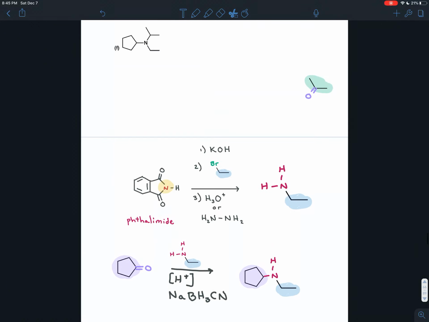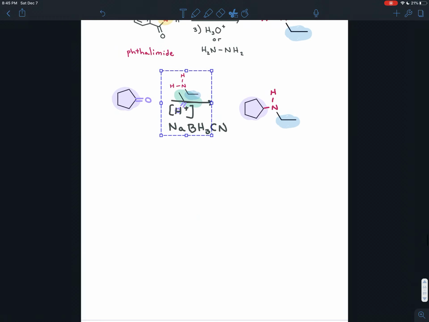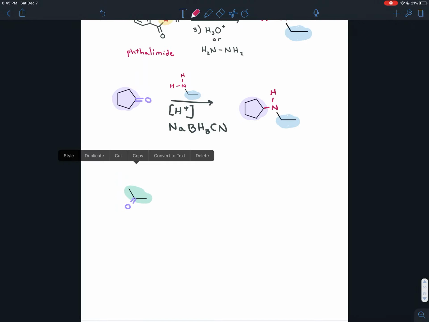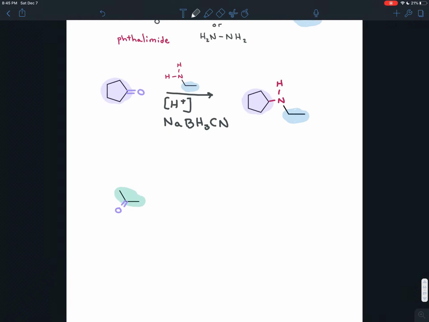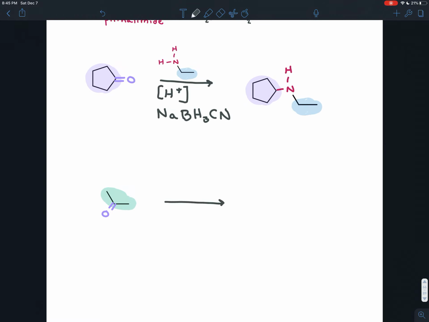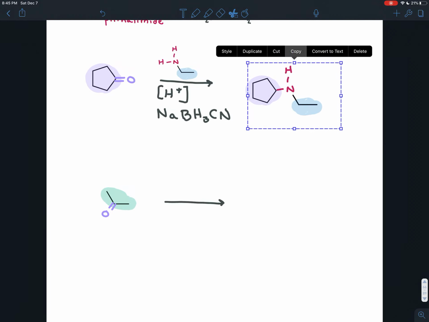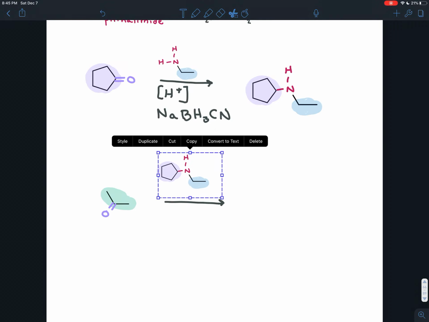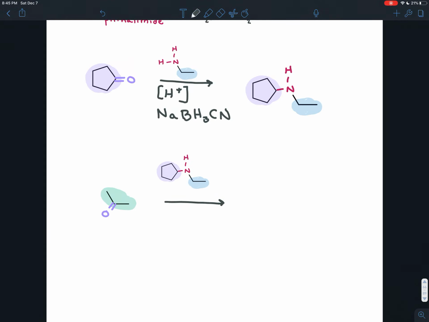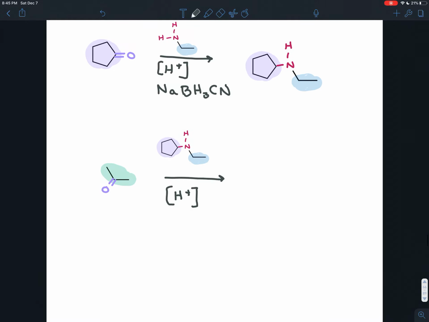Okay, now we still have to attach one more carbon chain, so we can take the ketone that we figured out we needed earlier, and we can do another reductive amination. We can take the secondary amine that we just formed, and if we treat that amine with the ketone in the presence of an acid catalyst, we would actually end up getting an enamine. But then if you reduce that with sodium borohydride, or sodium cyanoborohydride, NaBH3CN, then you'll end up with your